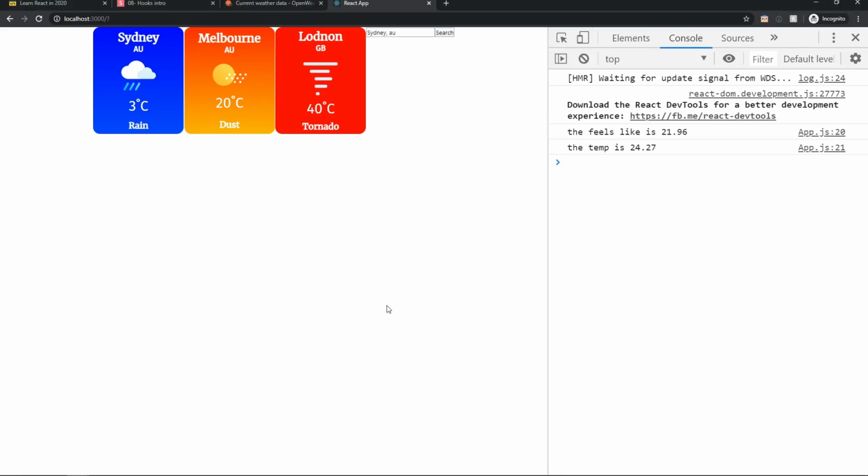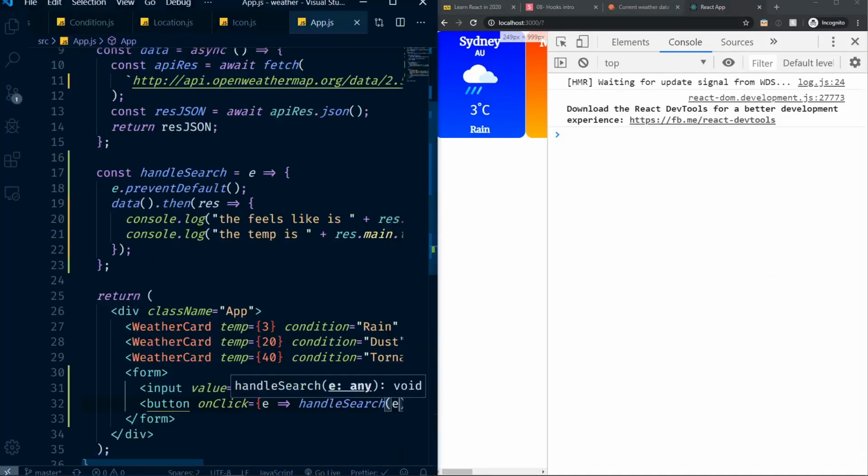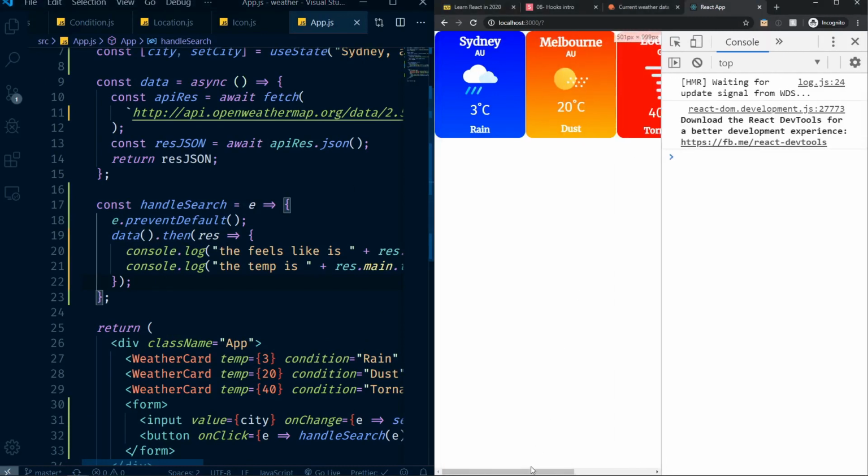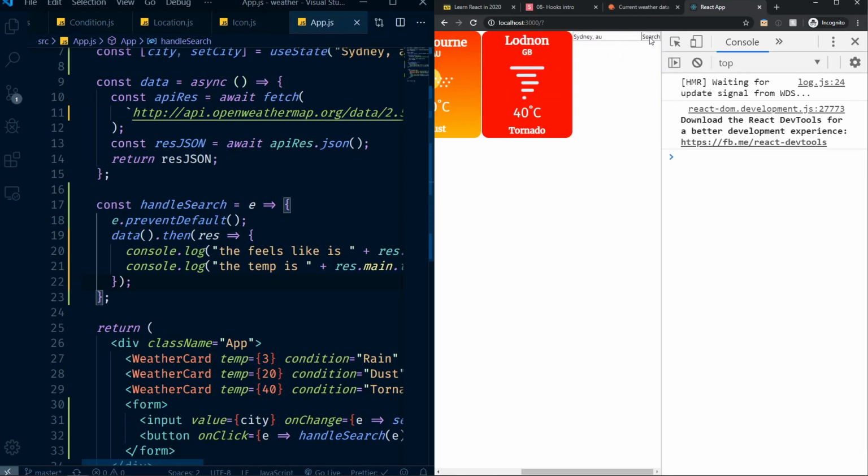So now when I go back to this code and refresh, nothing happens because we are not really console logging anything. This code doesn't get executed until I press on the search button. So let's do that, yeah? Let's go here and click on that search button. And you can see now this is being logged, because once I click on that search button, handle search will happen and the data function is going to be executed. So let's take that and change this to Melbourne